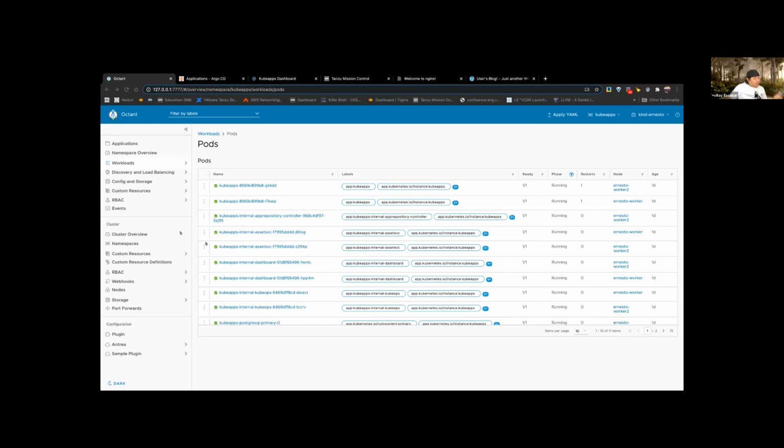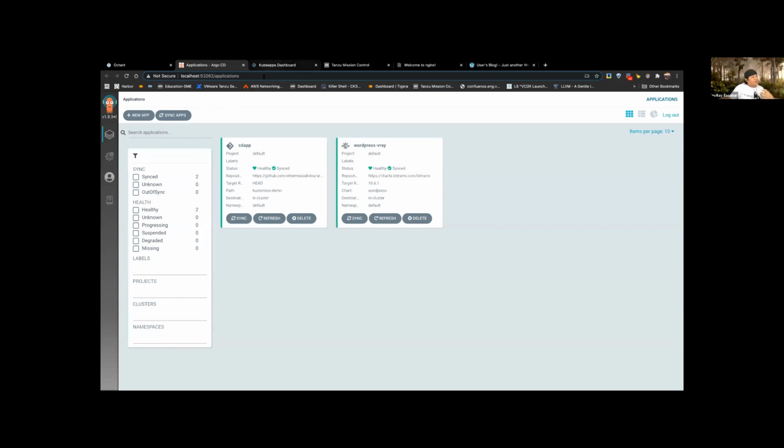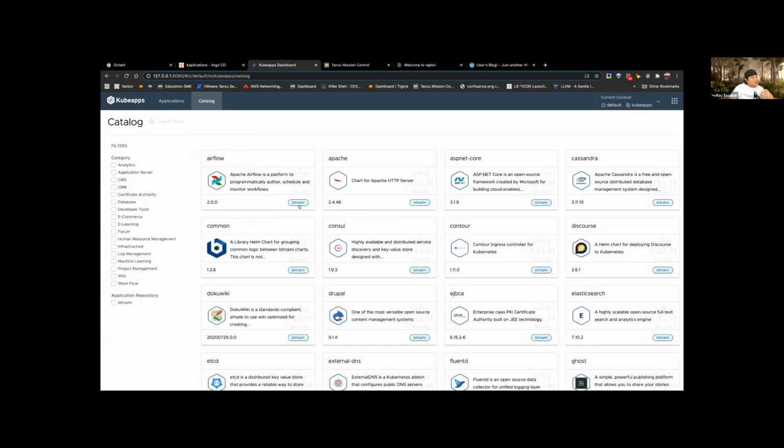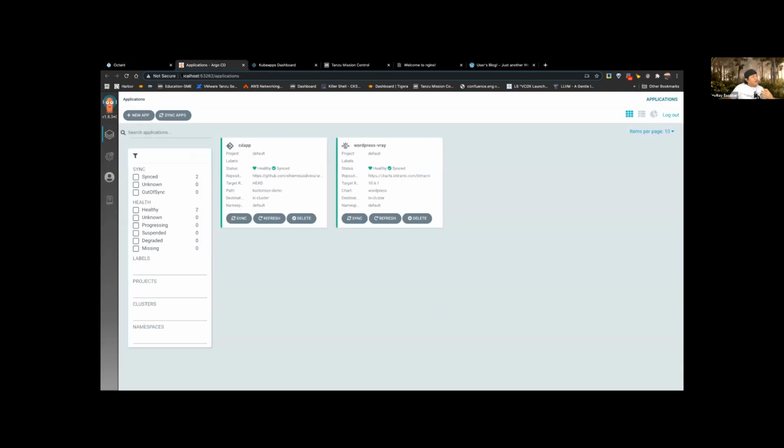I have the continuous delivery here. I have Kubeapps as well, in order to access the catalog. All of these, as you can see, are running on my computer.